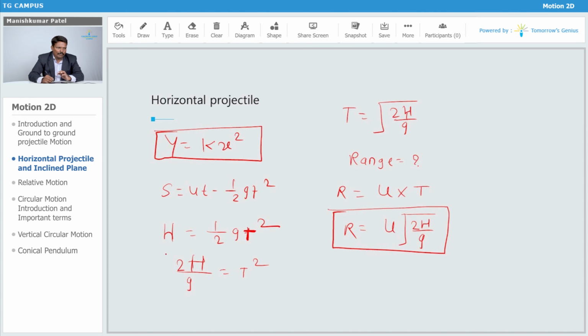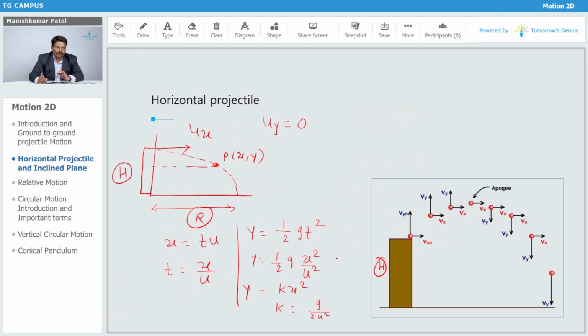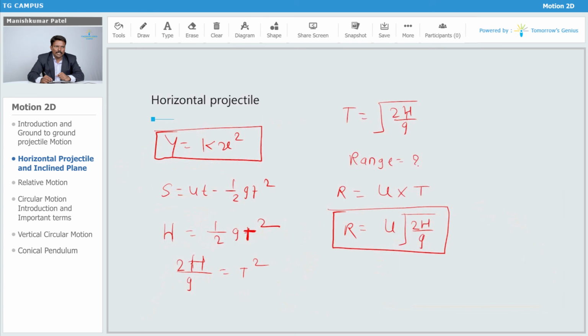We have also considered one more case where you are throwing the object over here; that is also possible, and it is one of the cases you can consider. But this is the standard case, where the object is thrown parallel to the horizontal axis. We make sure its vertical component is 0, and then finally it lands on the earth. That is how we derive all those equations for T, H and R.